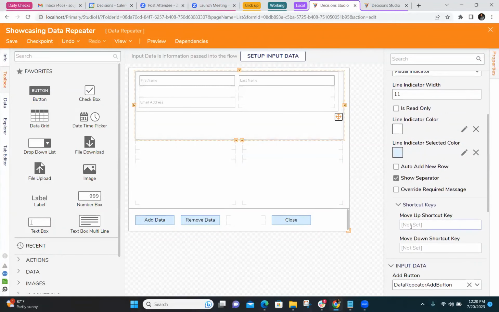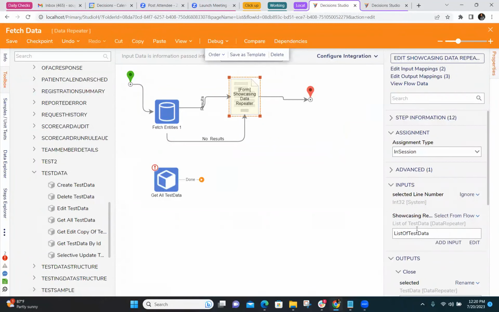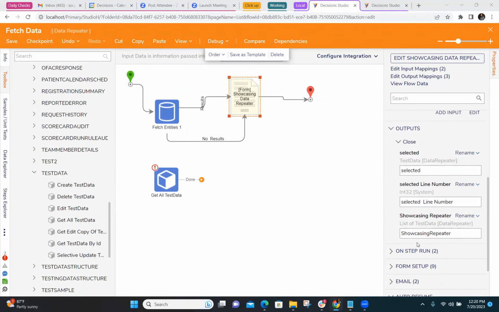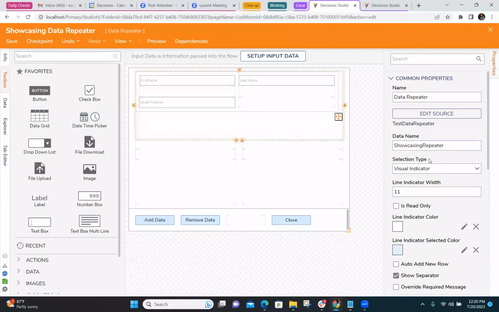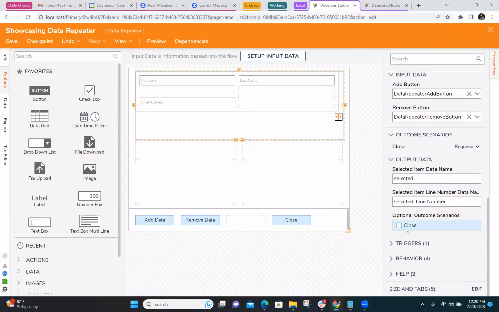It says line indicator, or we can have the output from the selected line number. It also shows. So something we can do with this. Can you move first item to be second? Okay. We can have the selected line number. Let's see. I'm sure we can do it, but